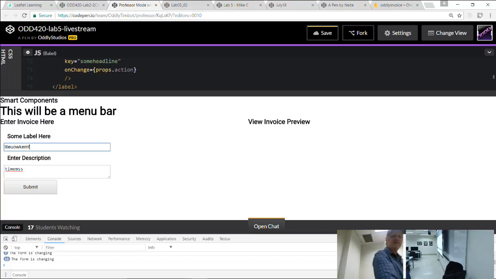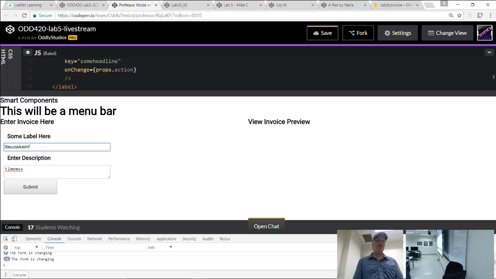So I think I have time for just one more small little thing here, which is basically to put these values into memory now. So the parent, the smart component, hears these changes happening. Now we just need it to remember them. Okay? So what was your question? Is that into this state for the memory? This.setState. Yeah, you got the idea.